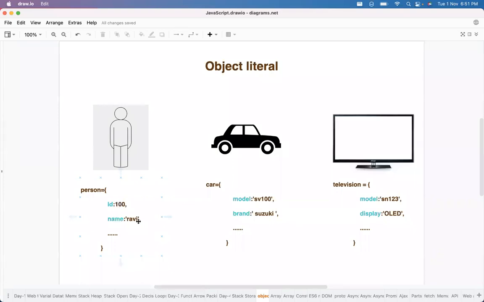The value of name is Ravi, a string, which is of primitive type. Model is a string, also of primitive type. Brand and model, again these two are primitive type. Display is also primitive type. Whenever we take an object, if the values of the properties are primitives, such kinds of objects can be called